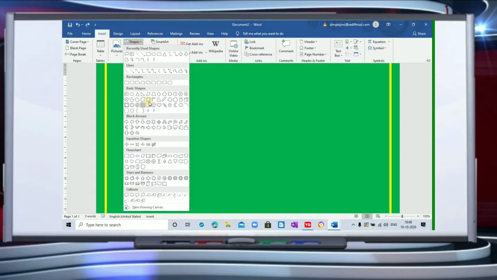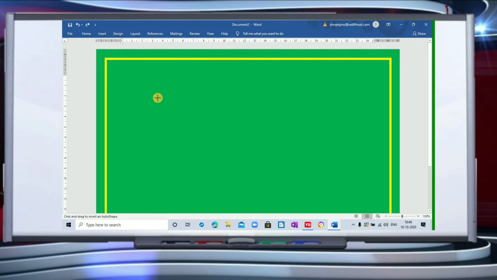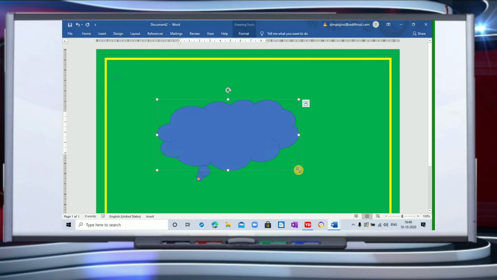Find the shape whichever you want and pick it up. Supposing I just want to pick this bubble cloud, I click on this. I see a plus sign here, and now I hold the mouse button and drag it. Now this is a shape that I have created here in the document.